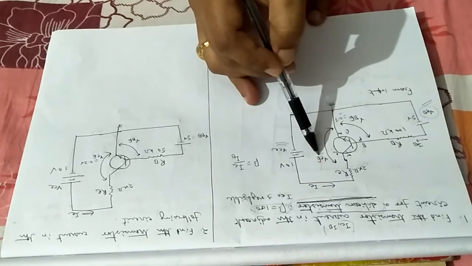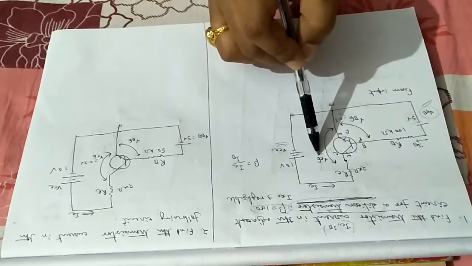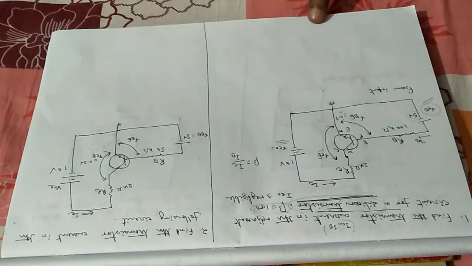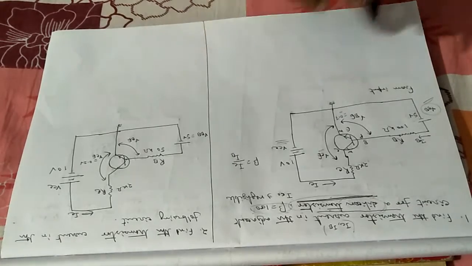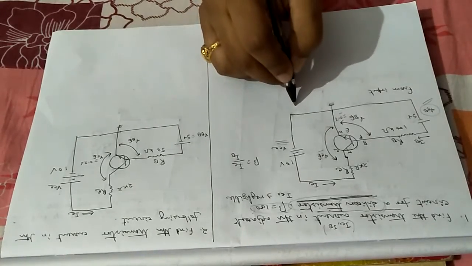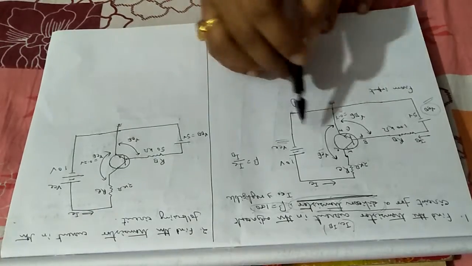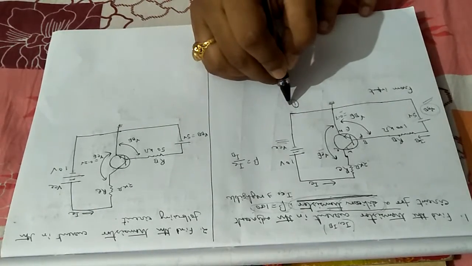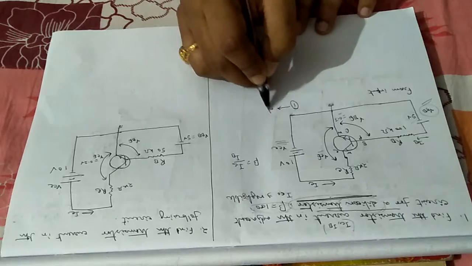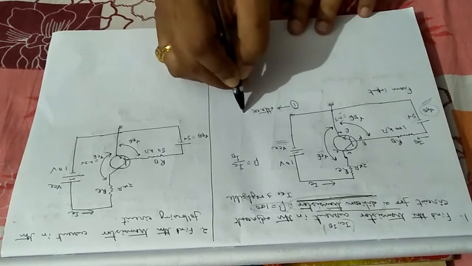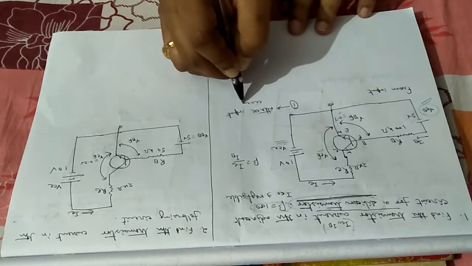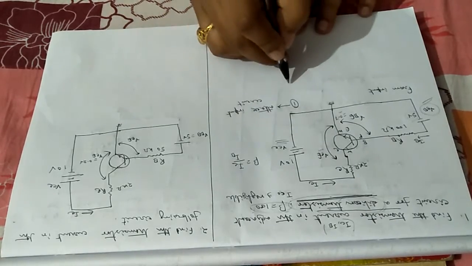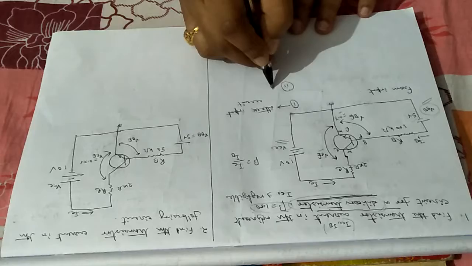I will not go into detail of the calculation for the numeric values. Today I will show the approach of solving it. The approach will be very simple. First, you have to do two very basic things. For almost all the transistor models, the problems will be asked in this fashion, and you have to take this technique. First you have to attack the input circuit, then following that you have to go to the output.